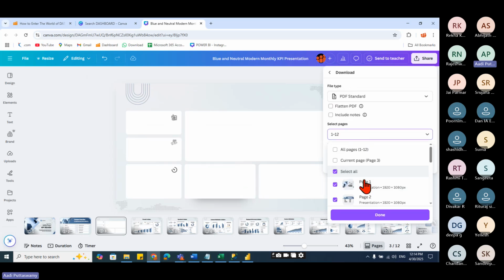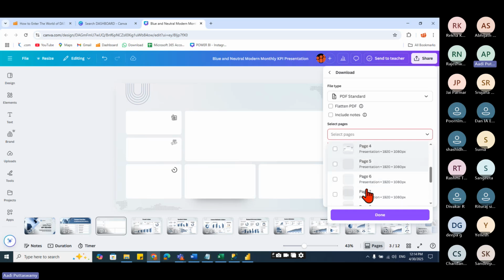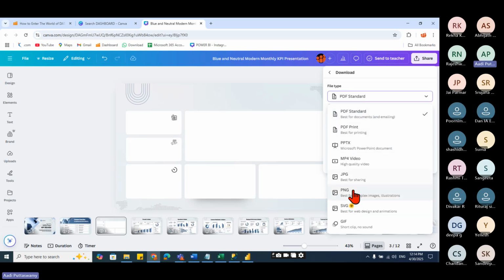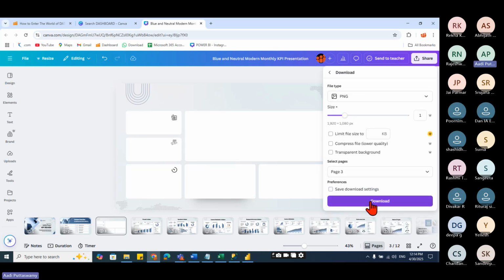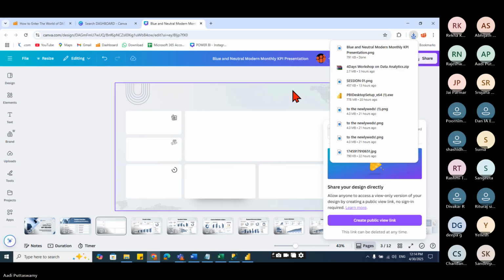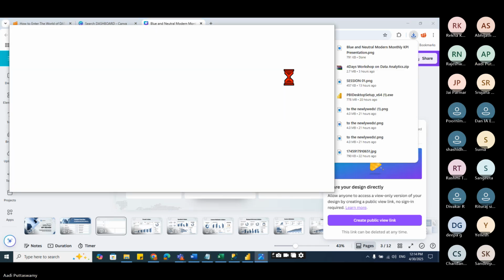Download. Again, I'm downloading. The previous one was with the data, that is the visualization. Now I'll go here. It's a PNG. Third page, download. So I did a mistake that I took all the charts there, but don't worry. We'll try to import that also and we'll see. Okay, see here is the layout what I have created.